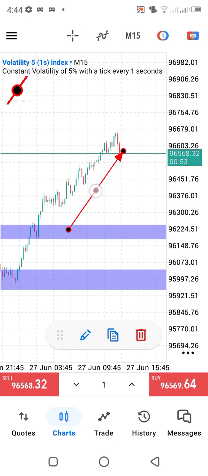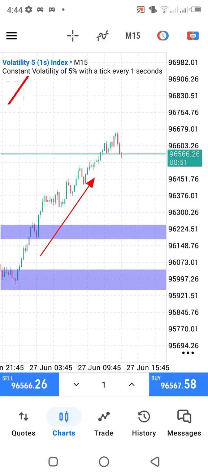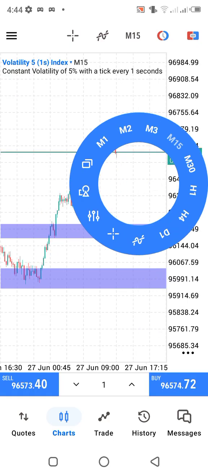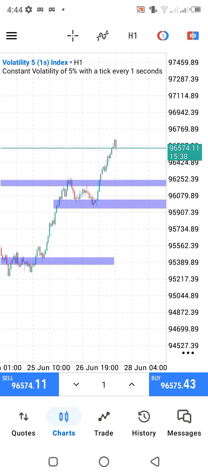So we don't know where price exactly will start to buy, but we know for a fact that as long as price starts to give us the same structure that we had, we may be likely looking for buys. Okay, so this is for V51, V51s. On the M1,